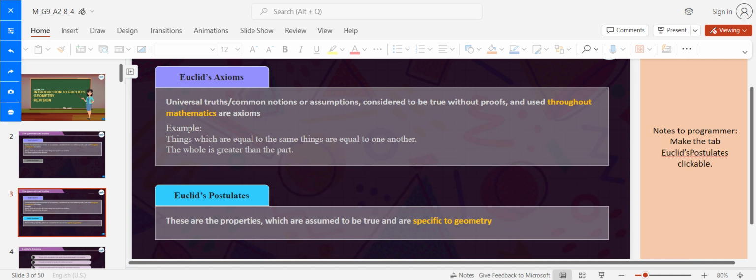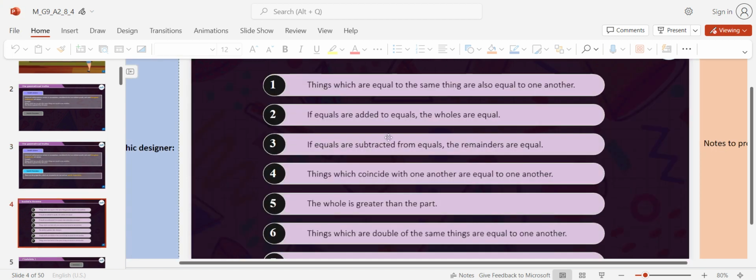Now what are postulates? Postulates are the properties which are assumed to be true and are specific to a geometry. What are axioms? Axioms are universal truth that needs not any proof. Postulates are assumed to be true. उसको हम सही मानते हैं and are specific to certain geometry. Now let us see